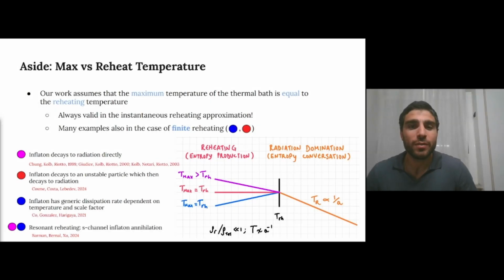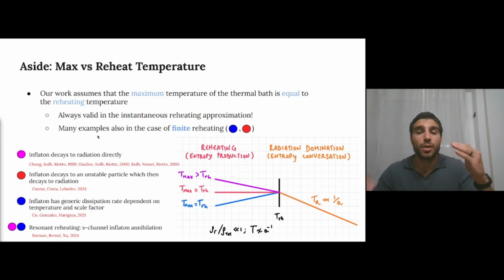Now, before leaving you with my conclusion, an important aside. In our work, we implicitly assume that the maximum temperature of the thermal bath is equal to the reheating temperature, in the sense that we simply solve for the yield evolution of dark matter in a radiation-dominated universe with an initial temperature equal to T reheating. This assumption is equivalent to the instantaneous reheating approximation and is also consistent with any reheating model that keeps the